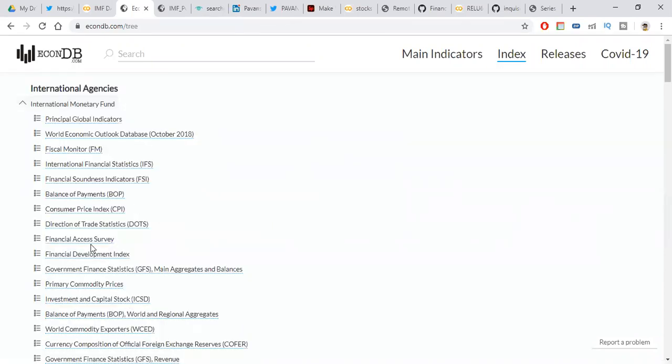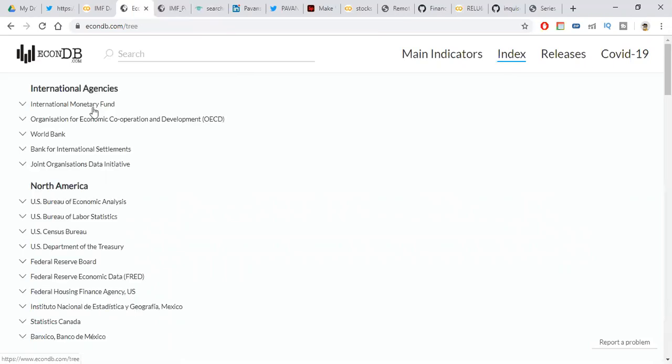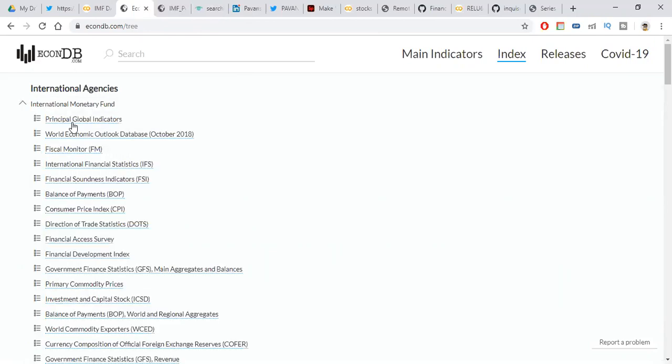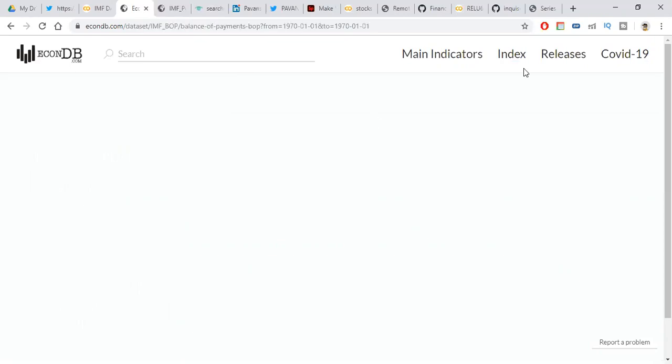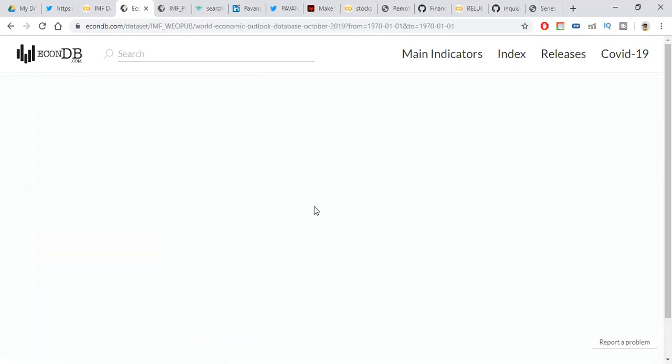If you want balance of payments, the procedure is the same for every category.